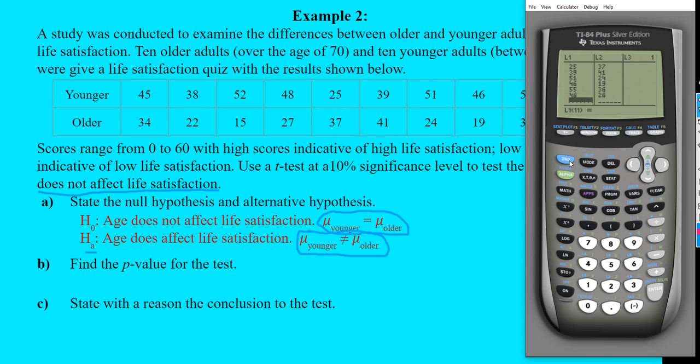Now, once you've got all those values in, you can quit out of this by pressing second quit, and then we're going to go back to the stat menu, but this time instead of edit, we're going to do like we did last time and go over to tests. And we don't want the second option, which says t-test. We want the fourth option, which says 2-sample t-test, again indicating that there are 2 different populations, in this case younger and older, 2 lists that we're using. So after we select that,